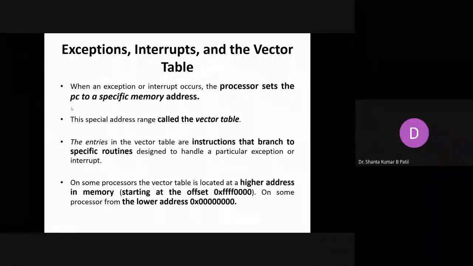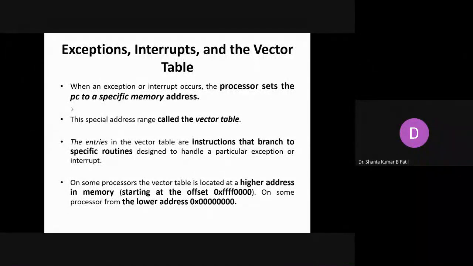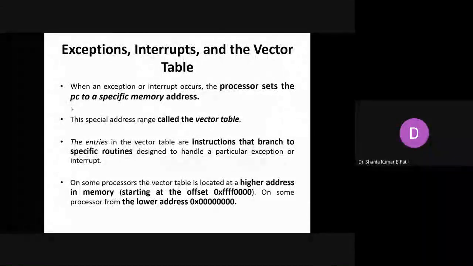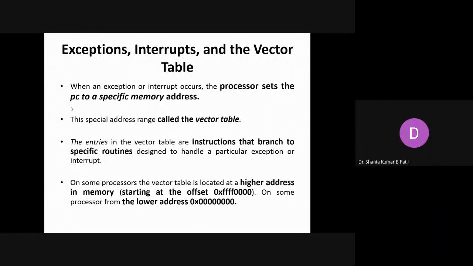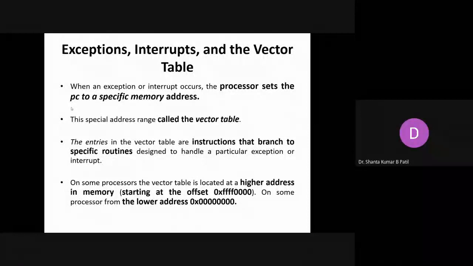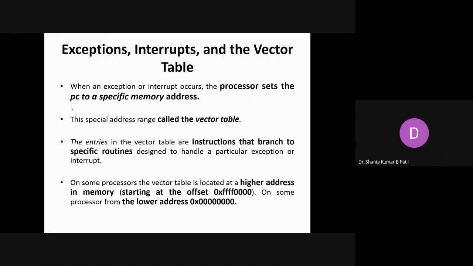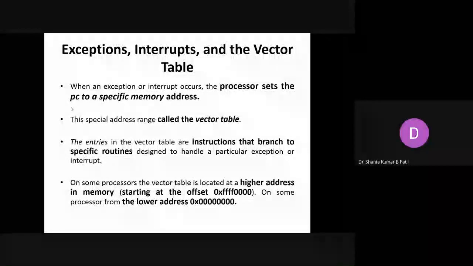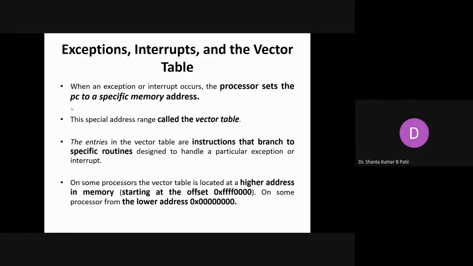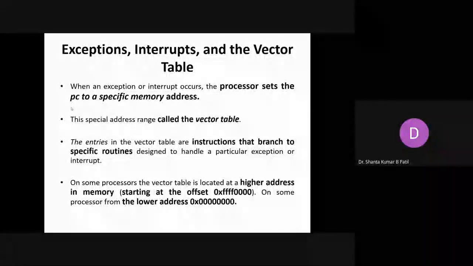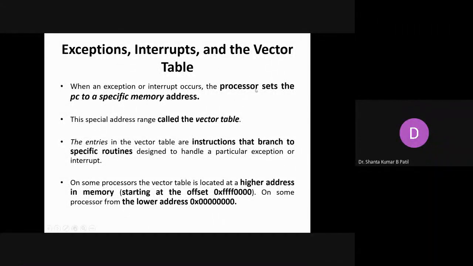So how does the message 'divide by 0 occurs' appear? By executing the ISR of the divide by 0. Until and unless it executes the ISR of the divide by 0 at the back end, you cannot see the error generated by the divide by 0. If 14 by 0 is there, it is a divide by 0 error. This is possible with the help of the ISR of the divide by 0.